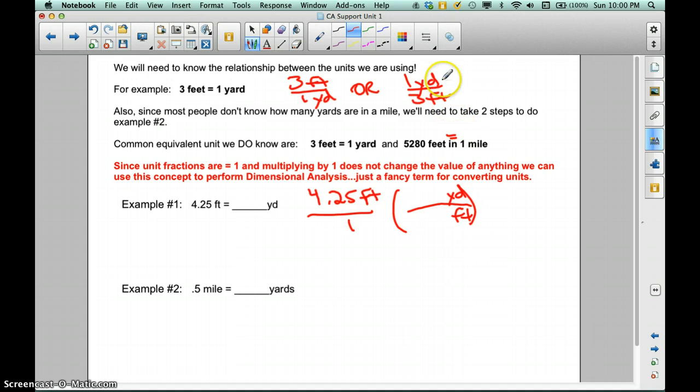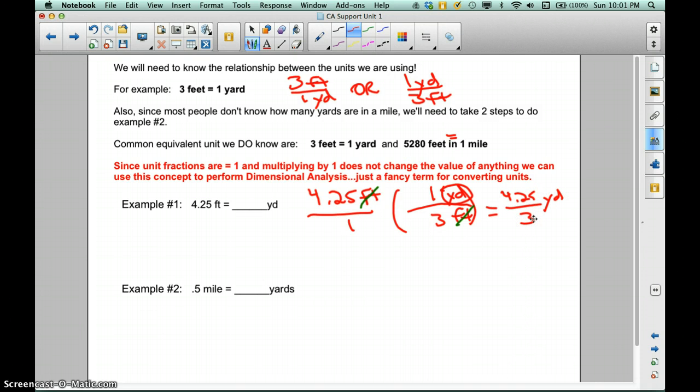And so since 3 feet is in 1 yard, I find feet, 3 feet is 1 yard. What this does for me, remember anything over itself cancels or is equal to 1. And so since feet is on top and feet is on bottom, I can actually cancel those out. And what I end up with is keeping yards, which is what I want, and I get 4.25 yards over